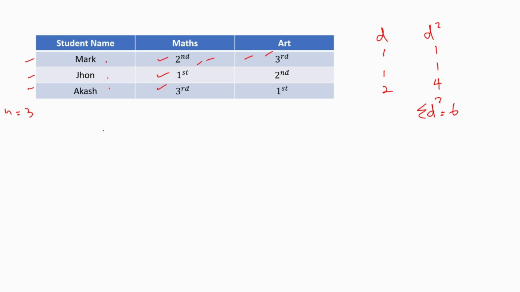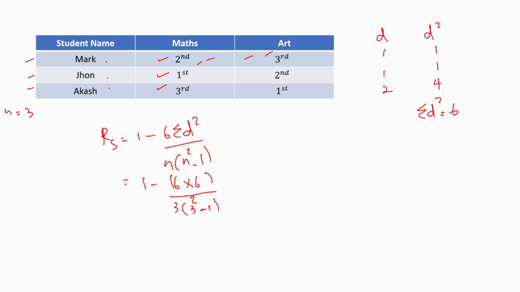Now we can assign these values to the equation: 1 minus 6 sigma d squared over n squared minus 1. 1 minus 6 multiplied by 6 divided by 3 squared minus 1. This equals 1 minus 36 over 3 times 8, which equals minus